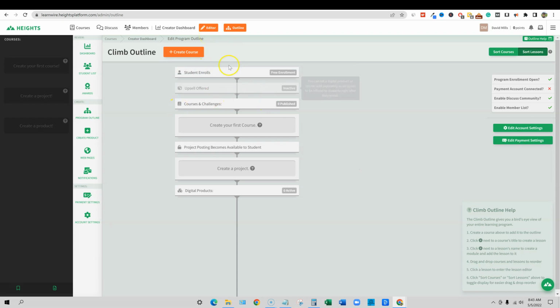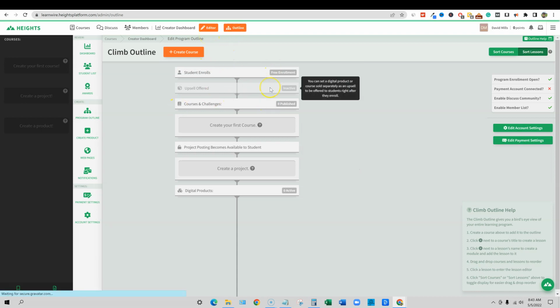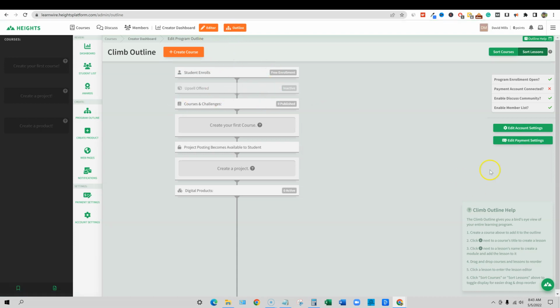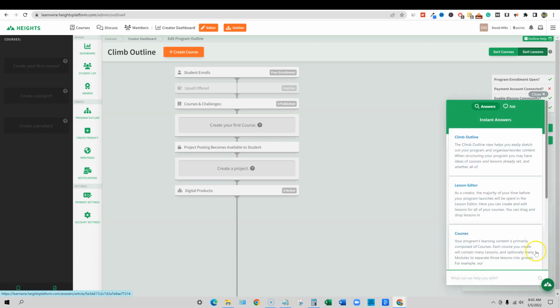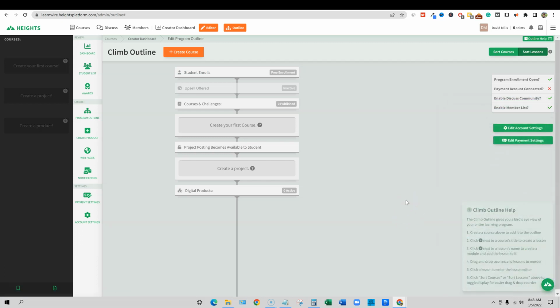Okay, so right in here, if you click on outline, this is where you would go first. Now, obviously, you're going to set up your payments, and we're not going to really go over that in this video. I don't really need to show you how to set up a payment, but obviously you do all that over here. And then there is always support right here. You can click on this and chat with them, you can ask questions. So they have good support as well.